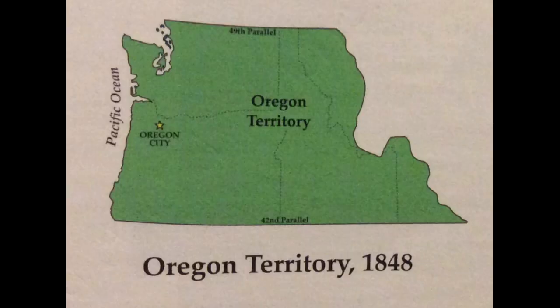It extends all the way from the Great Lakes over in the east, and it's that straight line that makes up the top of the United States all the way over into what is now near the Strait of Juan de Fuca. In 1848, the United States establishes the Oregon Territory, comprised of modern Oregon, Washington, Idaho, and parts of Montana.